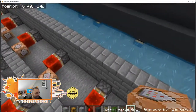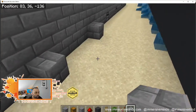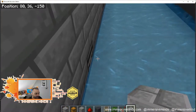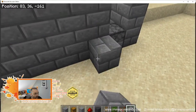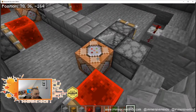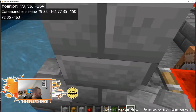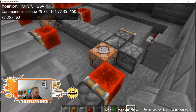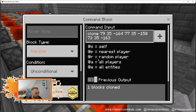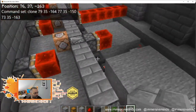Right, okay. So let's just block these off until I get my numbers right. It only takes one digit. One digit. I think I cloned them by accident using this, yeah. So I'm cloning, let me just get this right. I'm cloning 79, 36, 164. What did I do? 79, well, 35, 164 into those locations. I don't understand why I've...